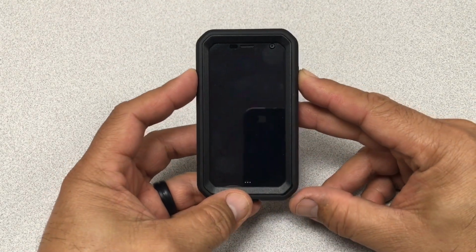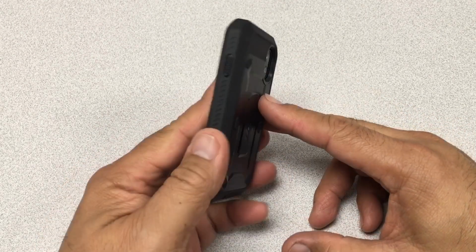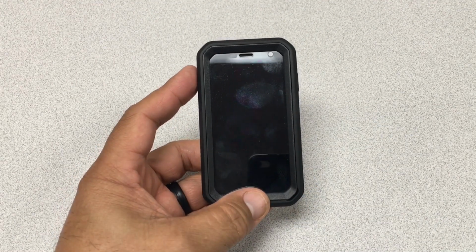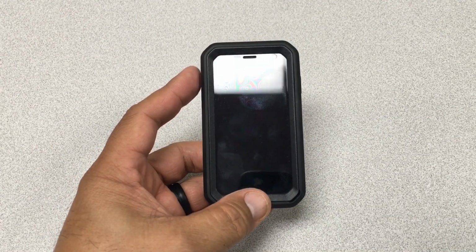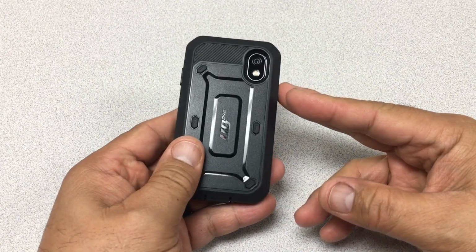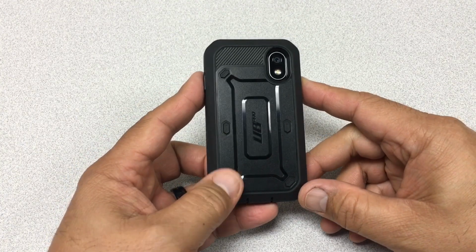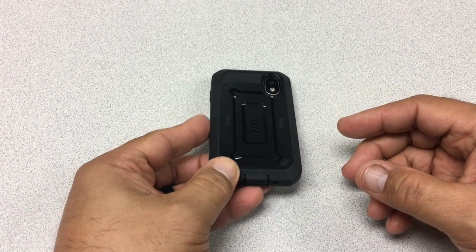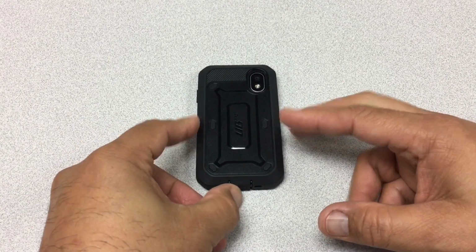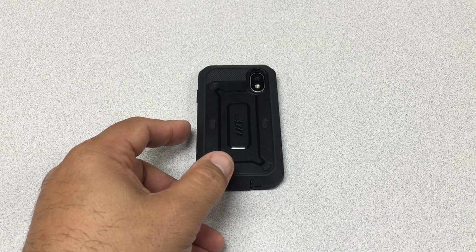I really like this case. Number one, the fact that the Palm is already IP68 rated for water and dust resistance. So now when you stick it in this bad boy, you're also adding the capability of mil-spec drop protection, which is officially 6.6 feet. But as I mentioned in the earlier video, Supcase actually took part in a challenge put